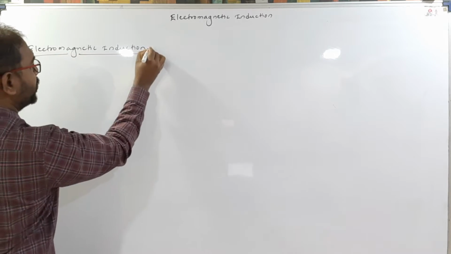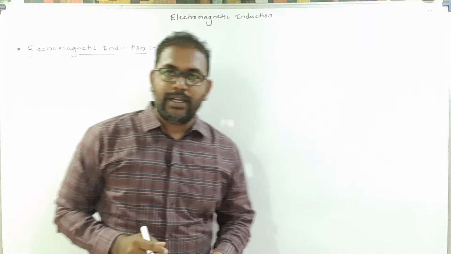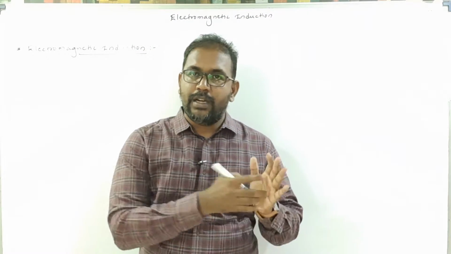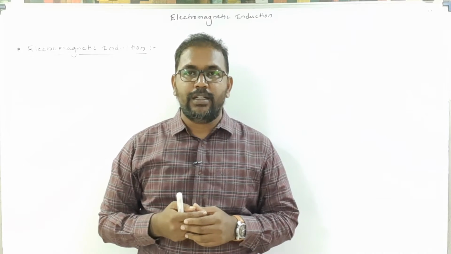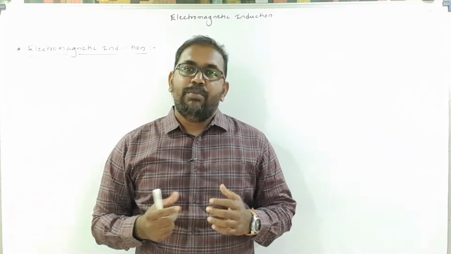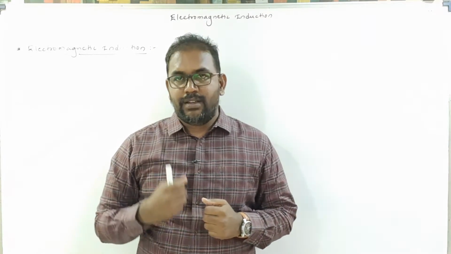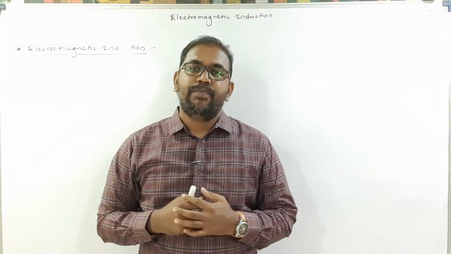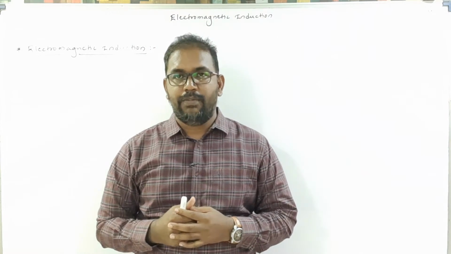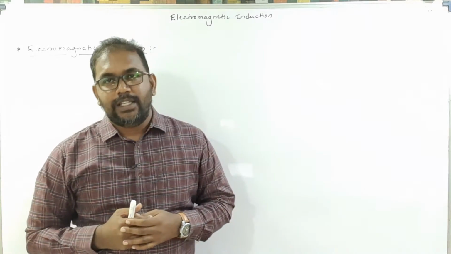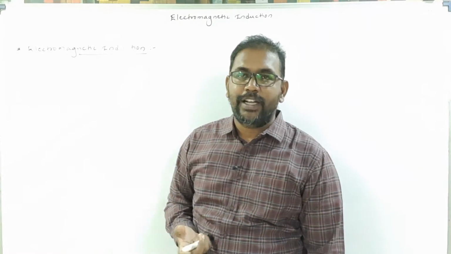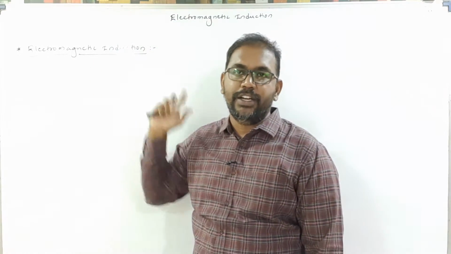Before this chapter, we already learned one article, magnetic effect of electric current. In that, when current is passed through a conductor, a magnetic field is produced in its surrounding area. It means we can produce a magnetic field by using electric current. The same question: can we produce electric current by using a magnetic field? The answer is yes. And that phenomenon of producing a current by using a magnetic field is called electromagnetic induction.